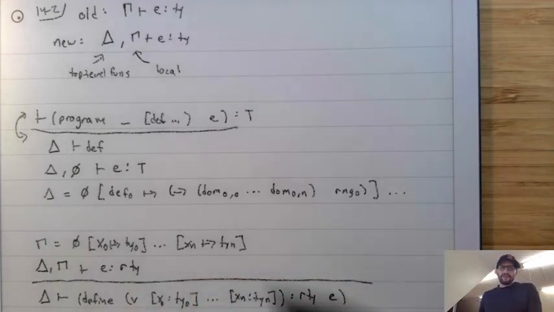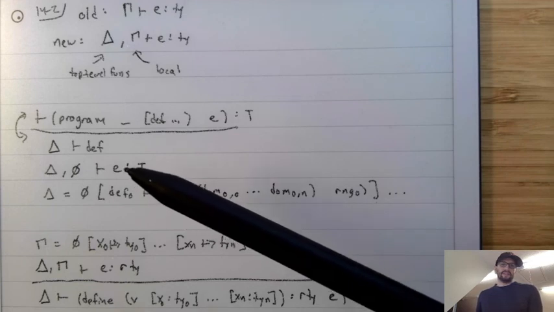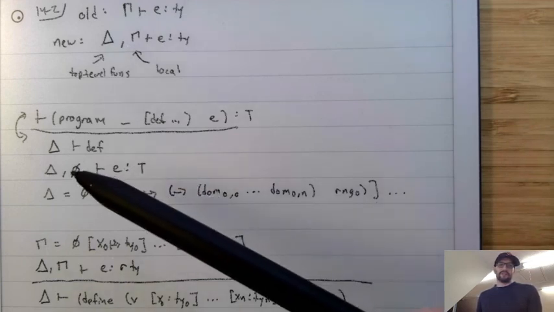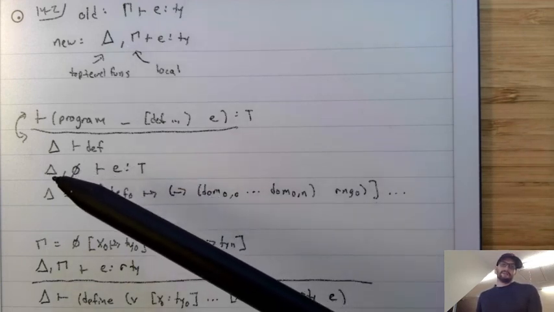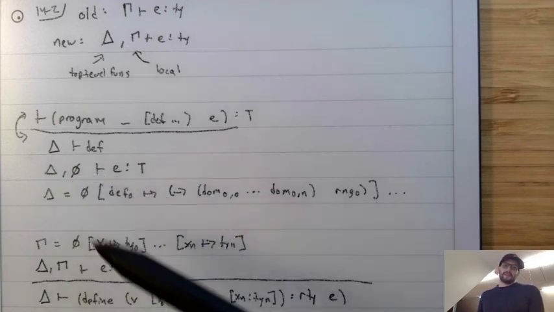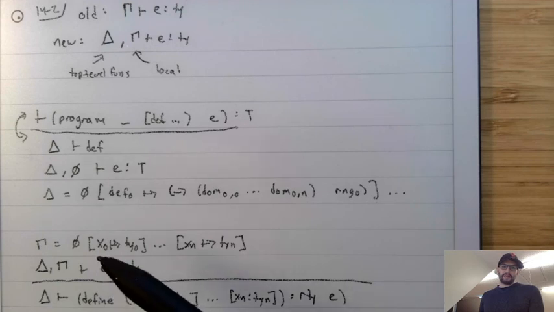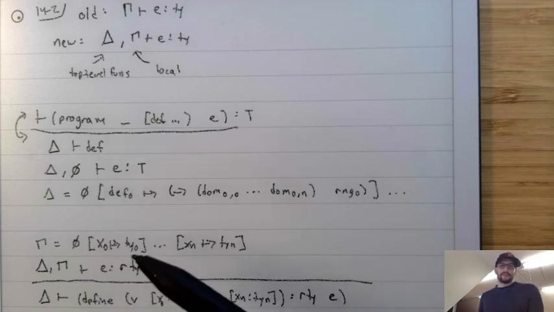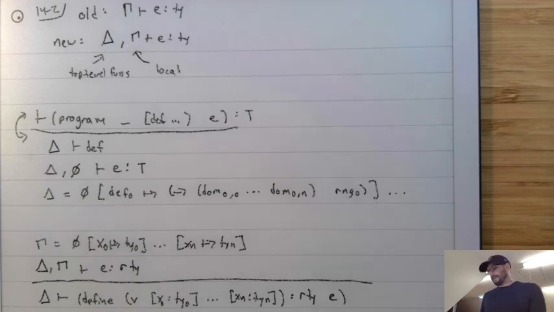So essentially what we do is we check the body expression with the initial definition environment and an empty environment. And then when we check a definition, we assume that all of the variables are present with their appropriate types, and then we check the body expression. Okay, now what else do we need to do? Well, what we need to do is we need to,